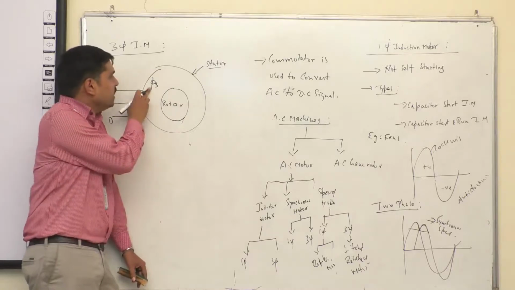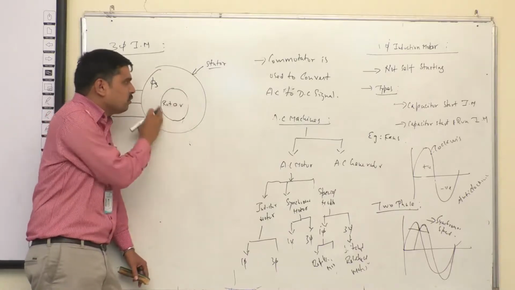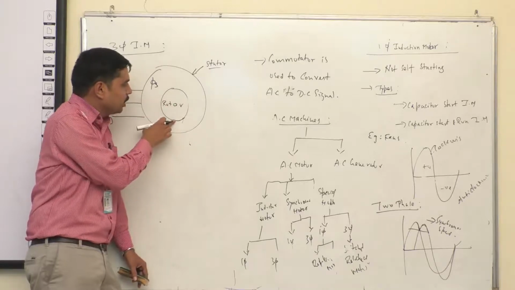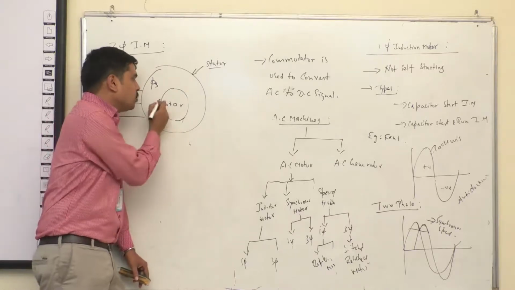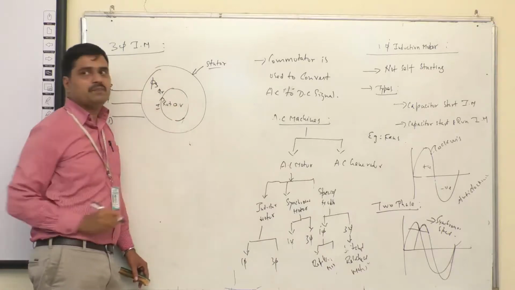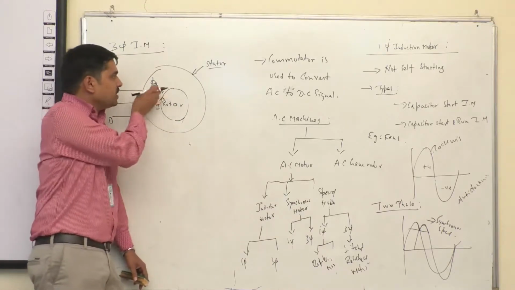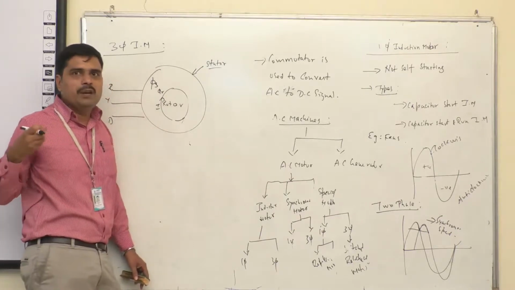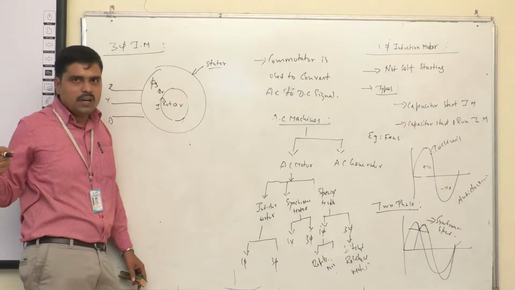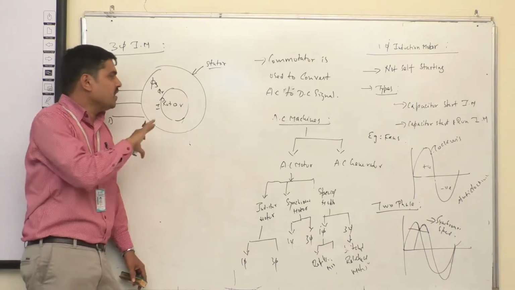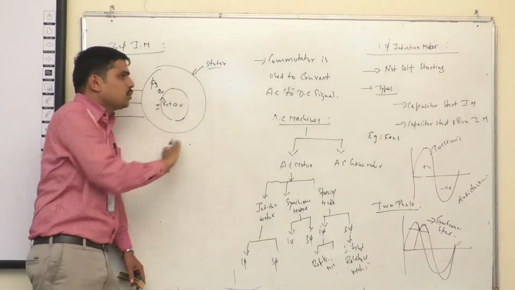The flux is linking with this, which is also a group of conductors. It is linking with the conductors. The conductor is short circuited. Here also, when current starts flowing, it creates rotor flux. These two fluxes, stator flux and rotor flux, will interact with each other. The relative speed between the stator magnetic field and rotor magnetic field creates a torque. So because of the torque, it starts rotating.